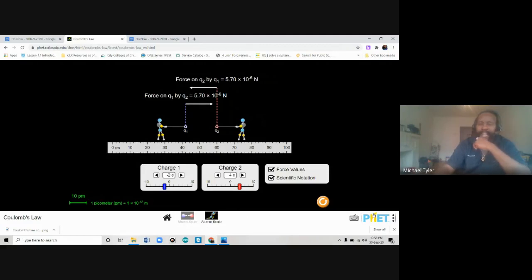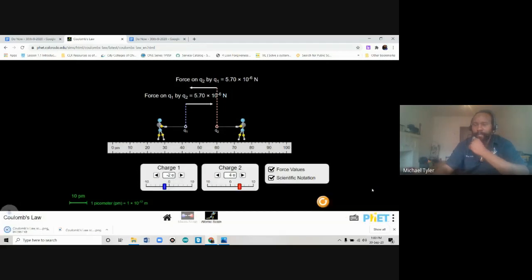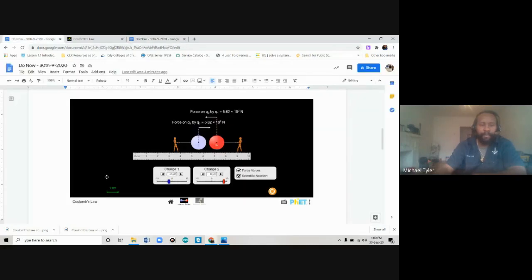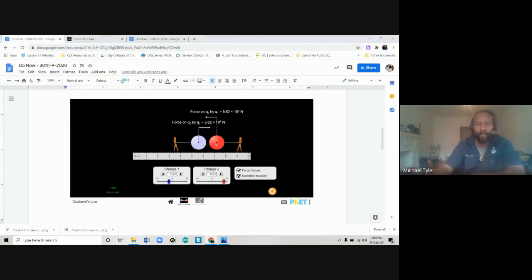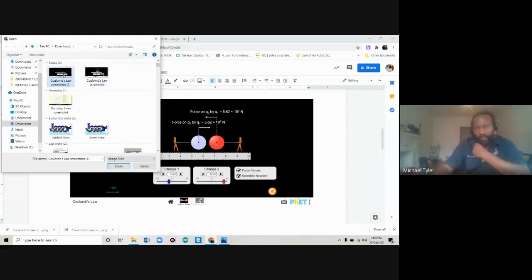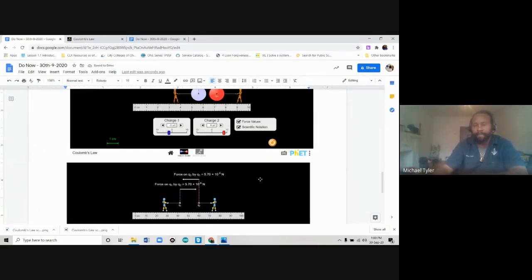So now we're going to snapshot this, right? And just make sure you have it set up the same way as me. Same procedure, snapshot. Go back to your document. And right underneath this snapshot, you're going to put the next one. Insert, image, upload from computer. Now this is after you snapshot it. And I'll put that there. So now I have the next snapshot.